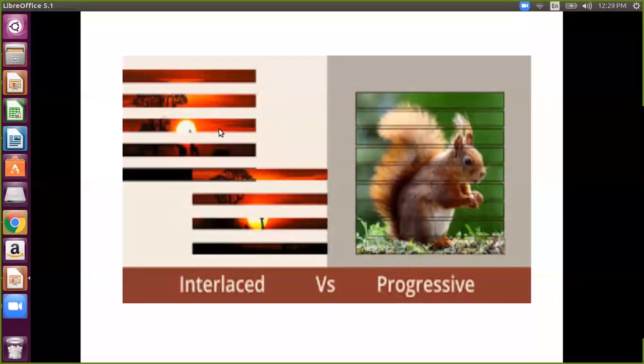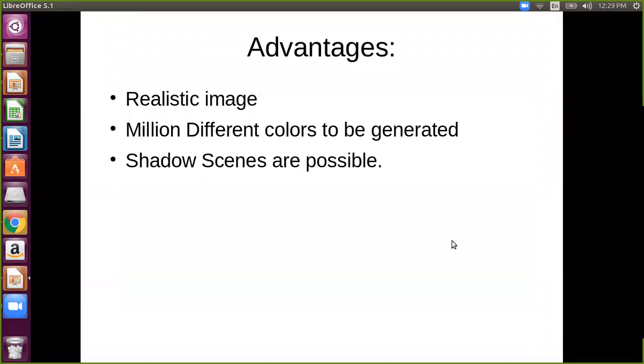You can easily see in the graphic part what is interlaced. That means the first line, third line, fifth line, seventh line are selected the first time, and the second time the second, fourth, even lines are selected. So this is interlaced. And progressive means non-interlaced, where each line is selected after the previous line. You can see this graphically in the image. Progressive means non-interlaced. Don't confuse.